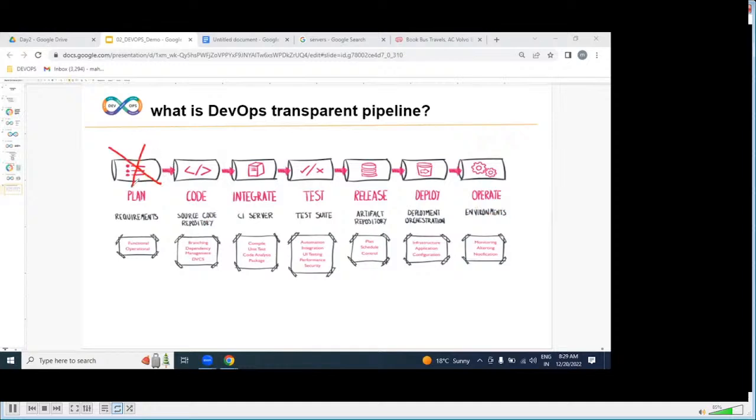We are not responsible for planning; planning is done by the business analyst, not by you. We are part of coding, integration, testing, release, and operation. We are going to implement the DevOps process from dev environment to operations in an automated, transparent way.